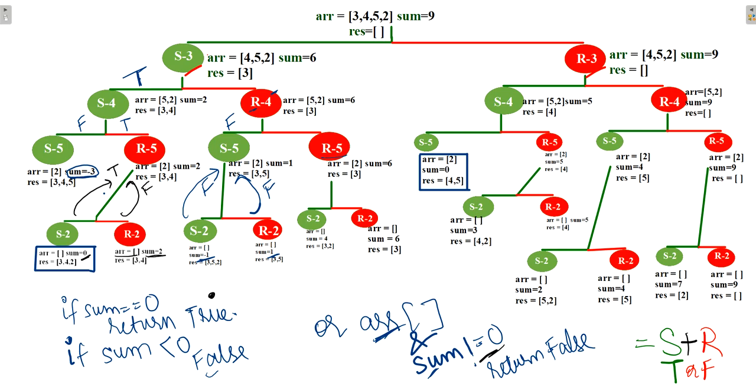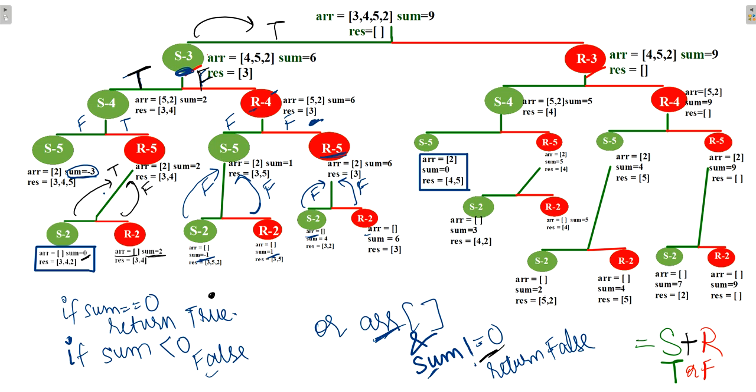Whereas in 5 rejection point, array got empty, so it will return false, and here also we will get false. So false or false will be false. False or false at this point will be false. Now at the point select 3, there is true or false. So true or false will always return true.